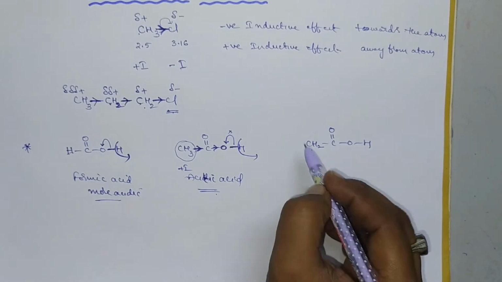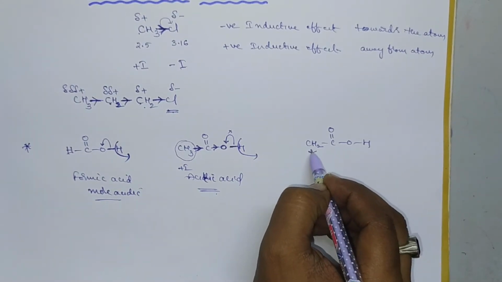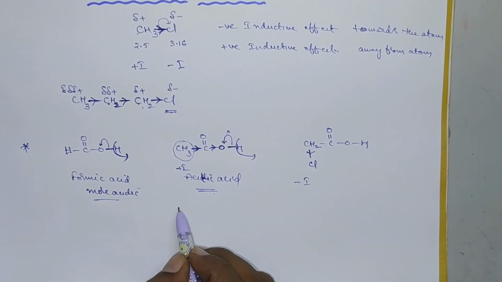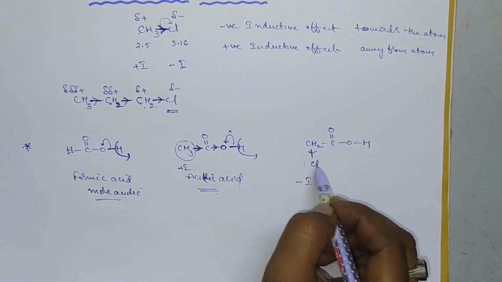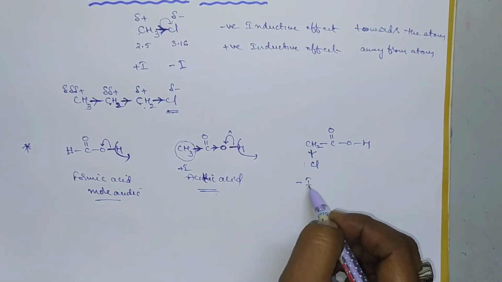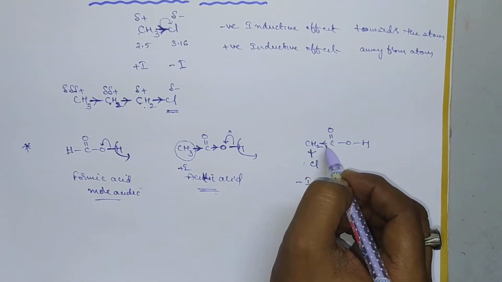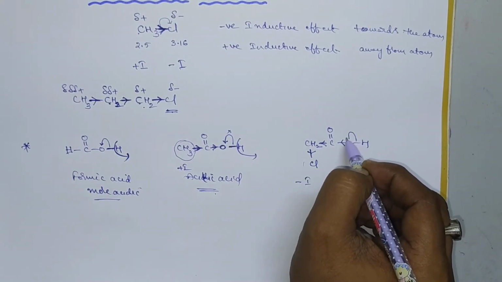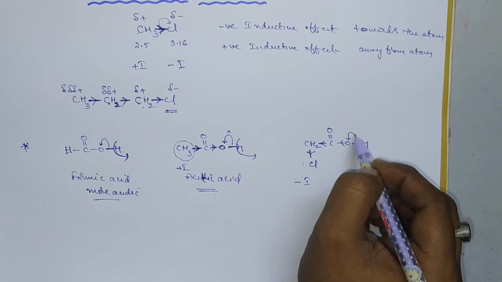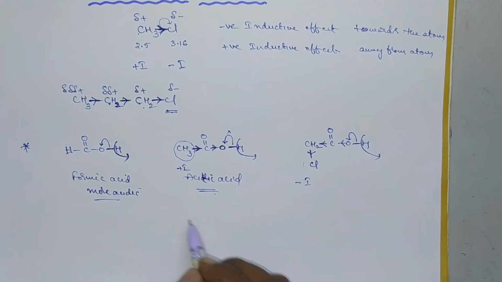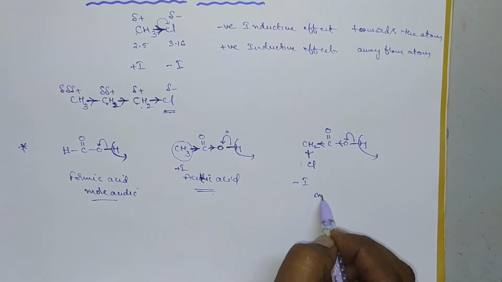If chlorine is there, chlorine involves a minus effect. So here, electron withdrawing effect. Here chlorine is a minus affecting group. Due to the presence of this minus affecting group, the electrons will withdraw towards the chlorine atom and it will continue along the length of the carbon chain. So that's why it has more tendency of accepting these bonded electrons towards the oxygen and it can easily donate H plus ion. So that's why here it is more acidic.